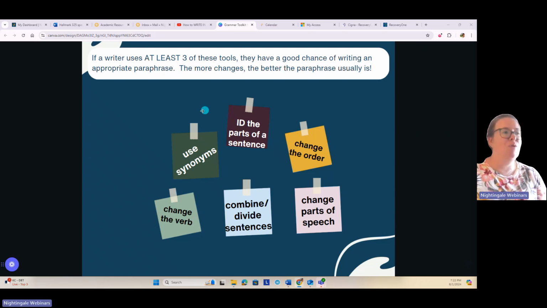It's important to remember we need to make many changes. In the first step, it's probably not a good paraphrase yet, but we can find our way to a good paraphrase by taking it step by step to finding our own way to say it and explain it to a friend.